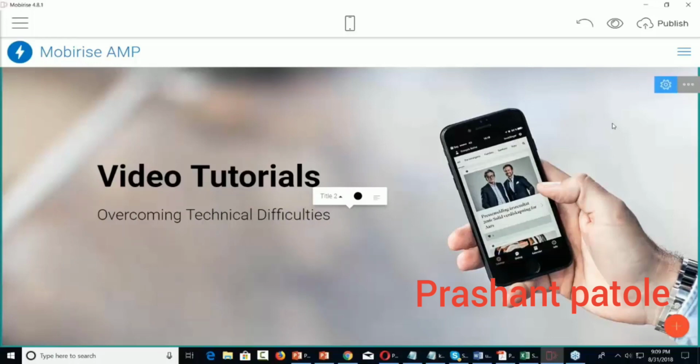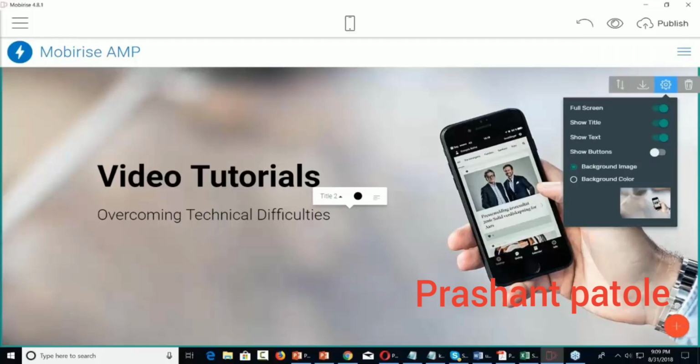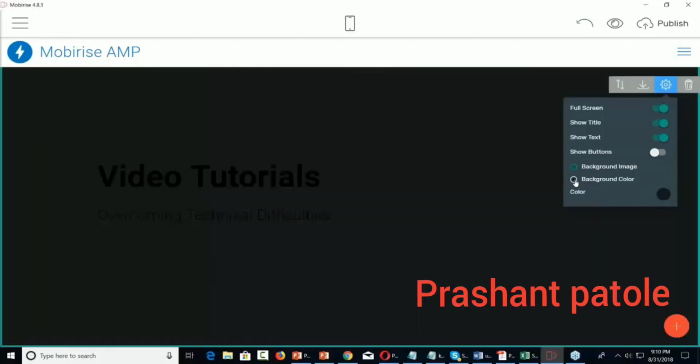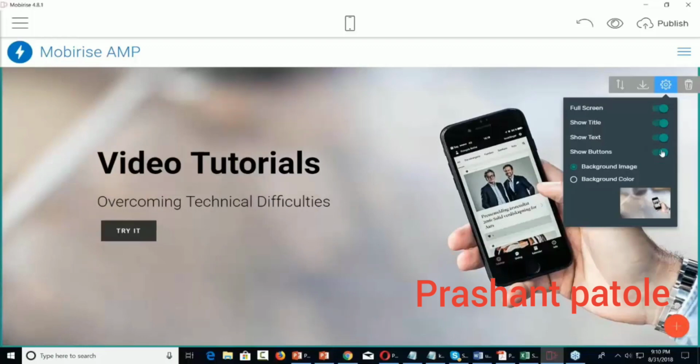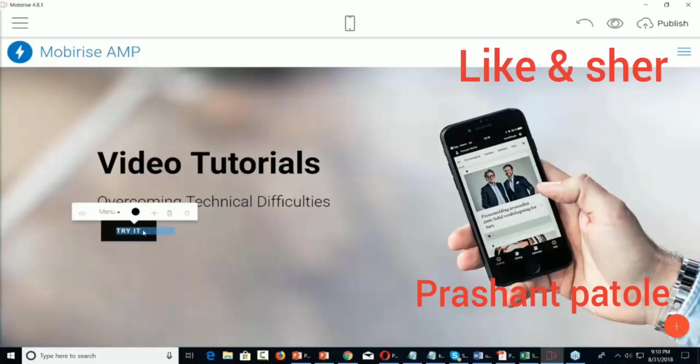Right, now remember, one of the things I can do with this block is click these three buttons. I can then take a look at the parameters. Now with this particular block, I can change the background color. So if I want to change the background color, I can do that. If I want to show buttons on here, I could do that. So for example, if I want my buttons all the way up here, I could then show the buttons that are going to be on there, and then I can add this,